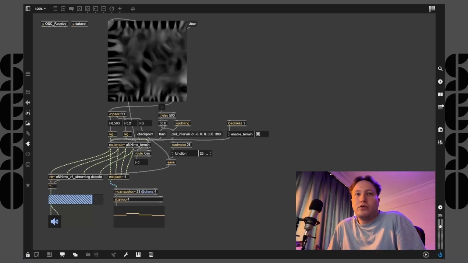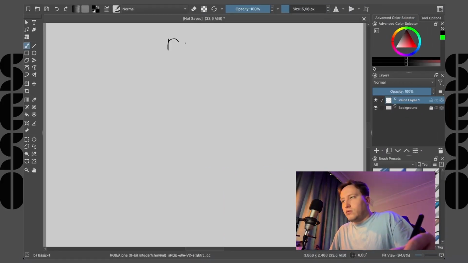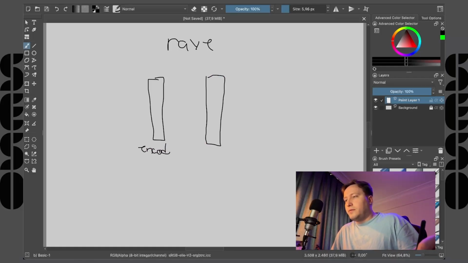This episode we are going to use this great object called nn.terrain. It's a tool for inferring with the RAVE models. And maybe I can also explain it like that. RAVE gives us these 2 objects. This one is the encoder and this one is the decoder,